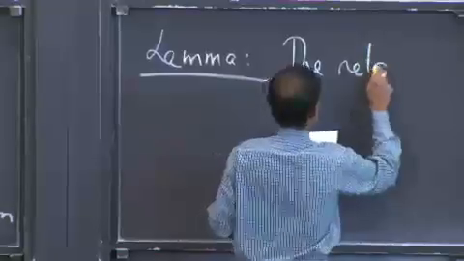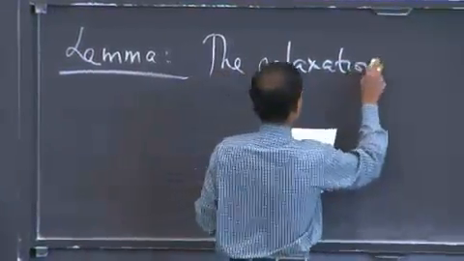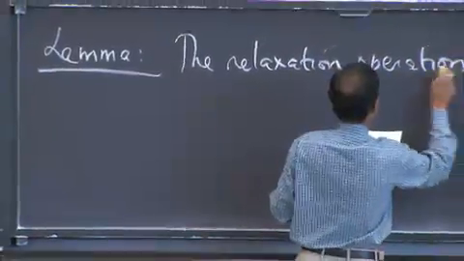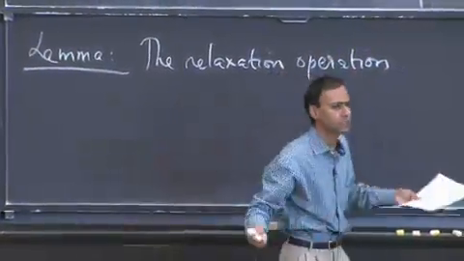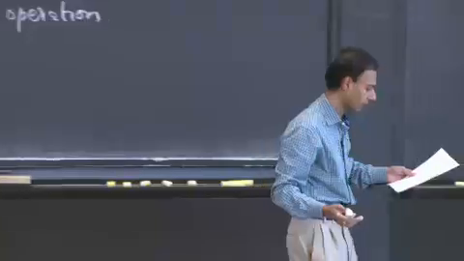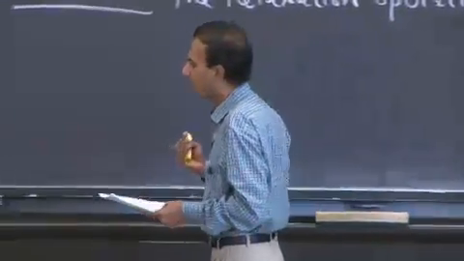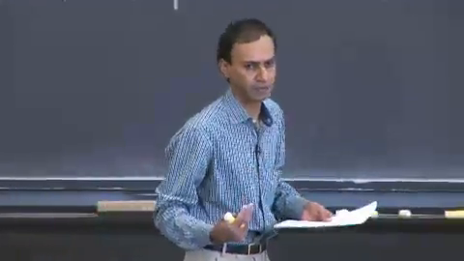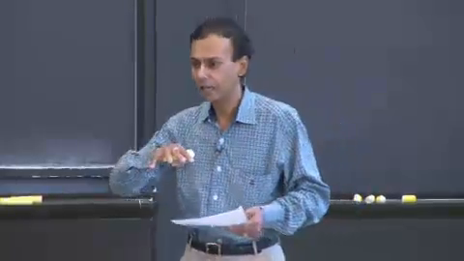So we want relaxation to be safe, and we can fairly easily prove a simple lemma using induction that says that the relaxation operation, and it doesn't matter what sequence you relax things. This is a fairly powerful lemma that says that if you have an algorithm that uses relaxation, and that's the only way of updating these d values, then it's safe. You're not going to get a wrong shortest path value either at the end of the algorithm or any time during the running or the execution of this algorithm.